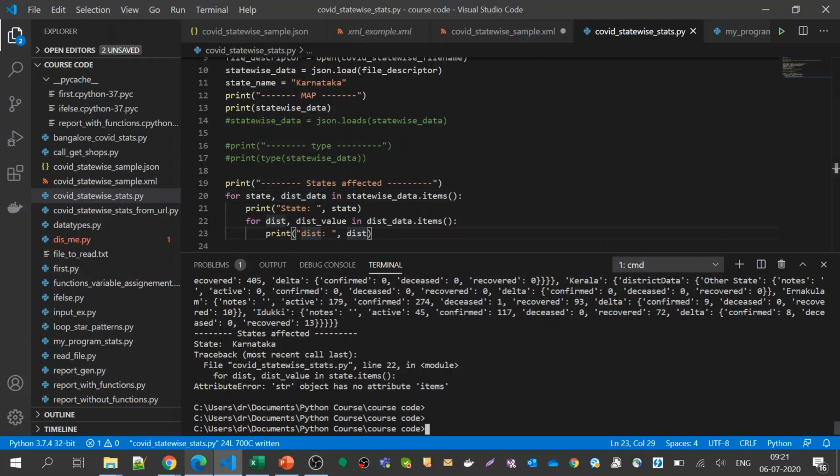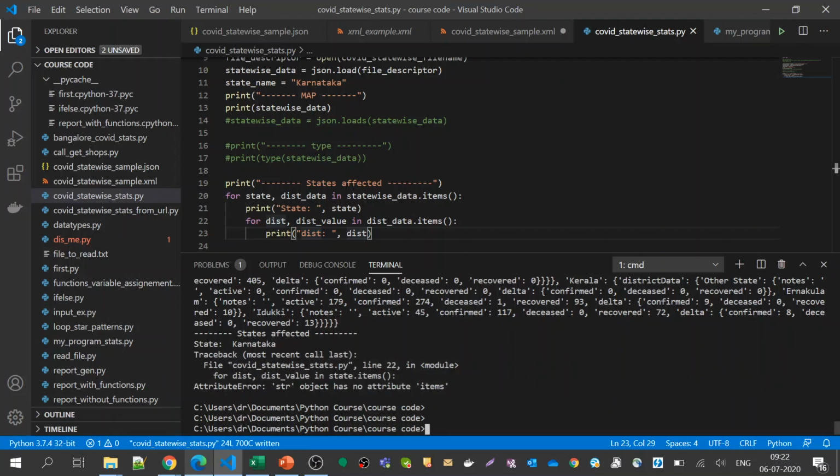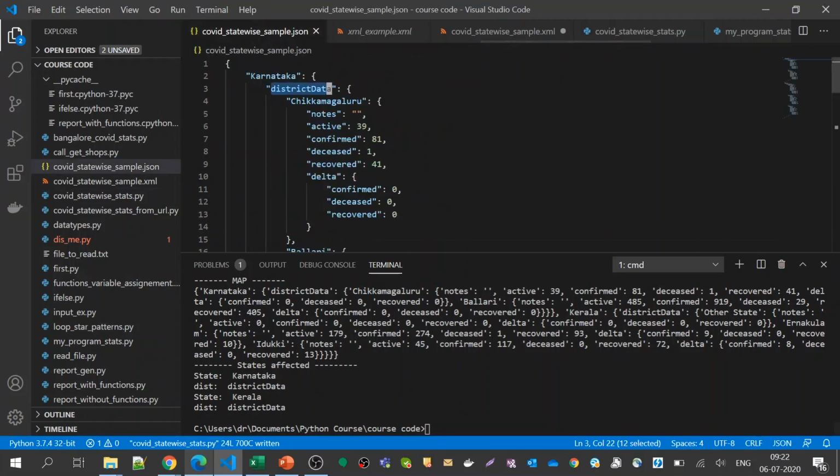These are all called trace exceptions. We will learn about them in tomorrow's class. But okay, let us run it. Okay, see, now it's nice. What I have printed at this level is Karnataka, and at the second level it is not actually a district name, it is just district data.